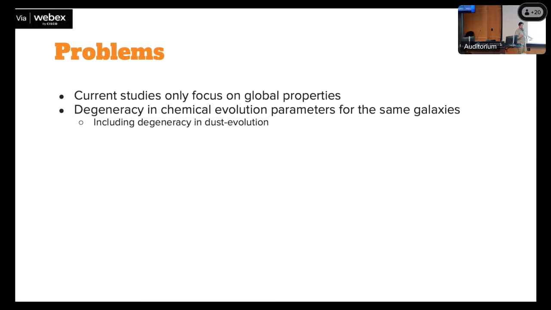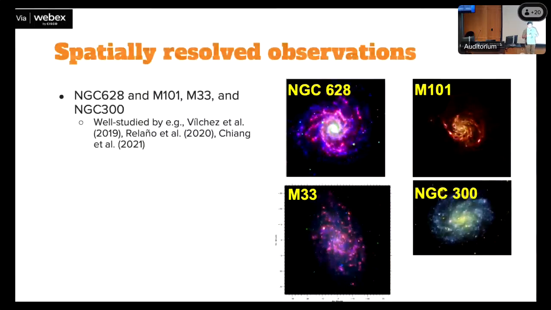So we have two problems. One is that we are looking at global galaxy properties, and if we look at nearby galaxies, such as with the FANG survey, we notice that there is a radial distribution of the physical properties, such as the radial distribution of stars and dust, which is completely different. And also, depending on the chemical evolution models you're using, they can create degenerate effects that result in different conclusions about whether accretion is dominant or not. So that's where my